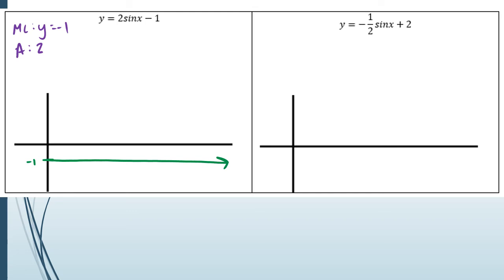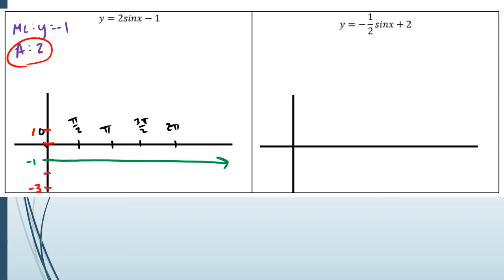We need those points that we know how to graph. So that's going to be pi over 2, pi, 3 pi over 2, and 2 pi. So we'll put those on our 0, and then we have 0. Okay, now with this amplitude, that means we're going to start from our midline and we're going to go up 1, up 2. So our max is going to be at 1, and we're going to go down 1, down